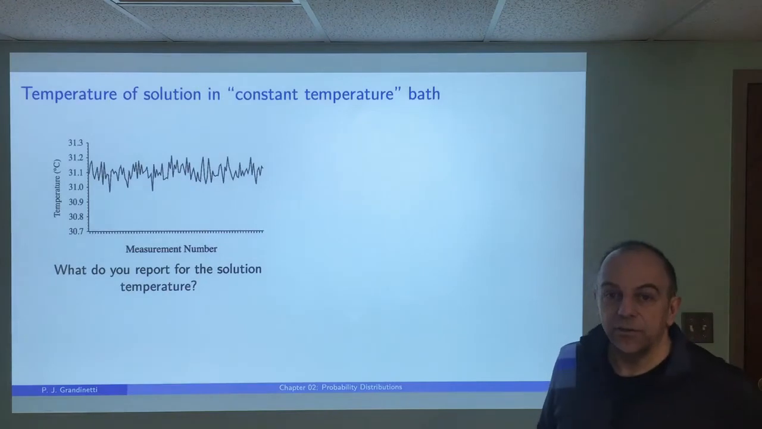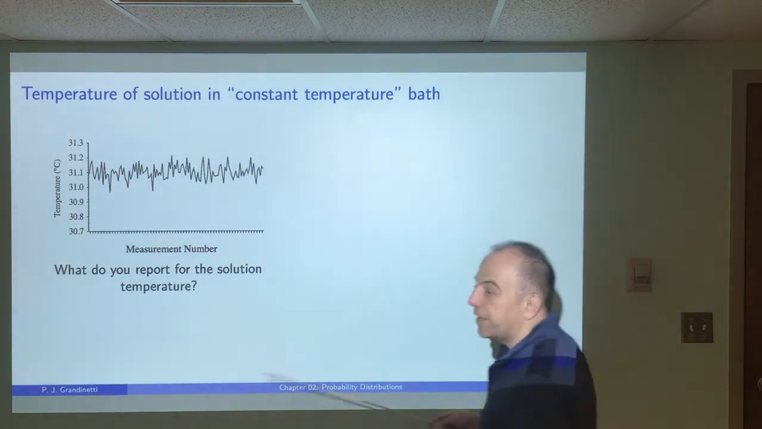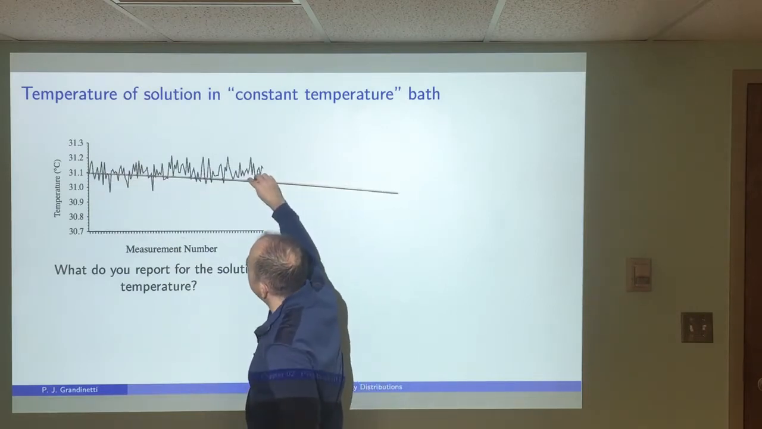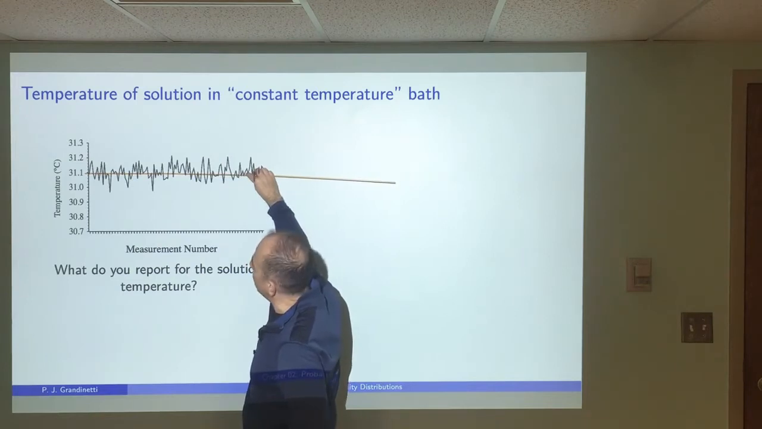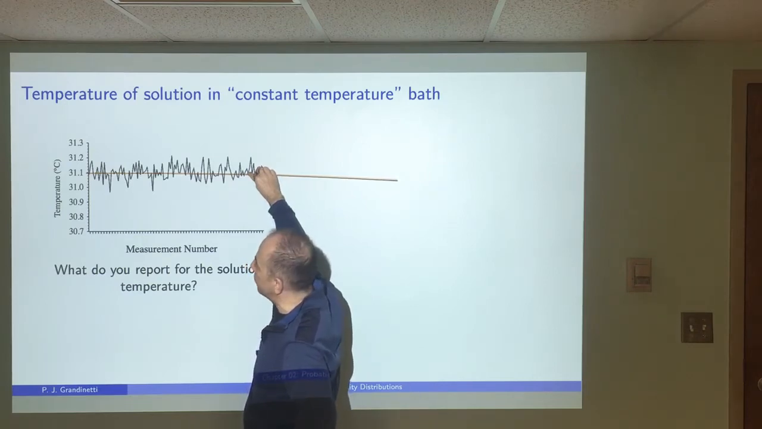Now let's say you're in the lab and you have a sample in a constant temperature bath, and you'd like to know that that bath is doing a good job of holding the temperature constant. So you go in and you do measurements of the temperature, and you find that over time the temperature is not exactly constant. It seems to be fluctuating a bit. But generally you see that it's about 31.1, but there are fluctuations on the order of about 0.2 degrees during that